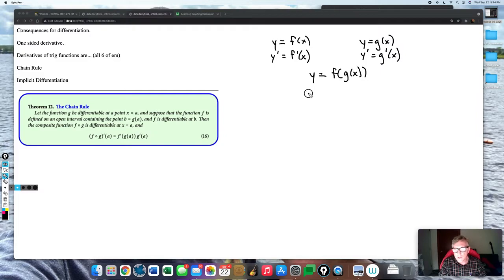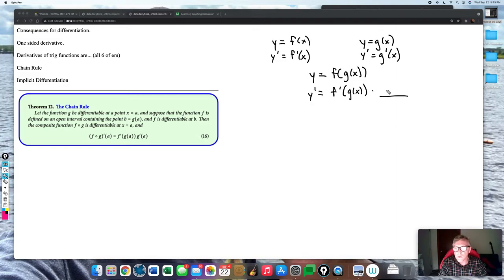But it turns out that the derivative of this thing is a little bit more. It's f prime of g of x, but it's got a little bit extra tacked on to the end. And I want to explain why that has to be there. And it has to be there. There's something else on the end of that, and if you forget it, I have a specific set of skills. I will find you, and I will teach you the chain rule. I will not kill you. I am not Liam Neeson. But anyway,